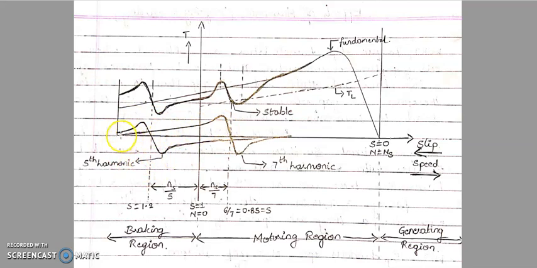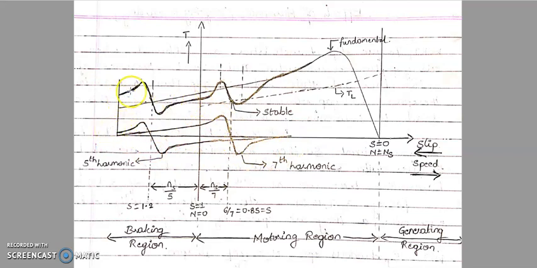Now coming to the seventh harmonic, you can see this is your seventh harmonic, and we have drawn it in the direction of the fundamental wave, yes or not? It is in the motoring region, meaning the seventh harmonic as well as the actual rotation of the motor are in the same direction. You can see this is the seventh harmonic which we have drawn in the motoring region part. So these two harmonics will get added to the main fundamental wave. Till here to here, this is what we are supposed to get, but actually we have two waveforms here. One is the fifth harmonic, the other is the seventh harmonic. Both will get added to this.